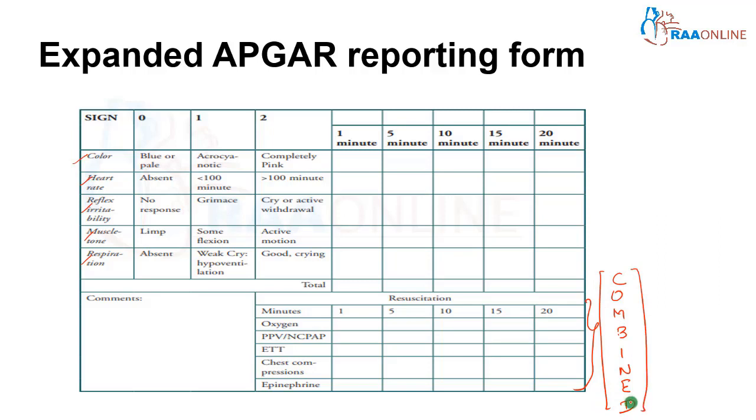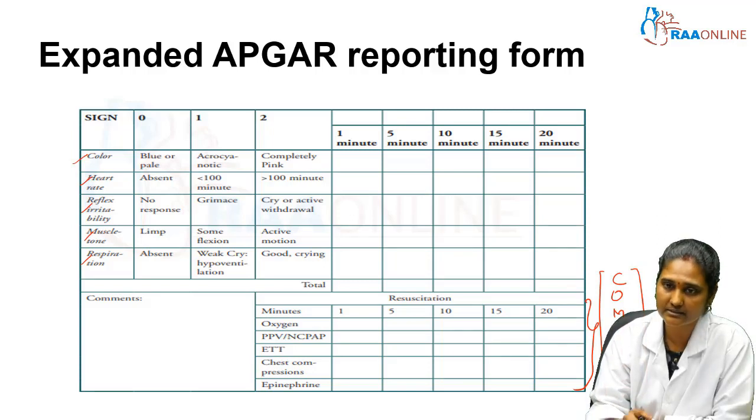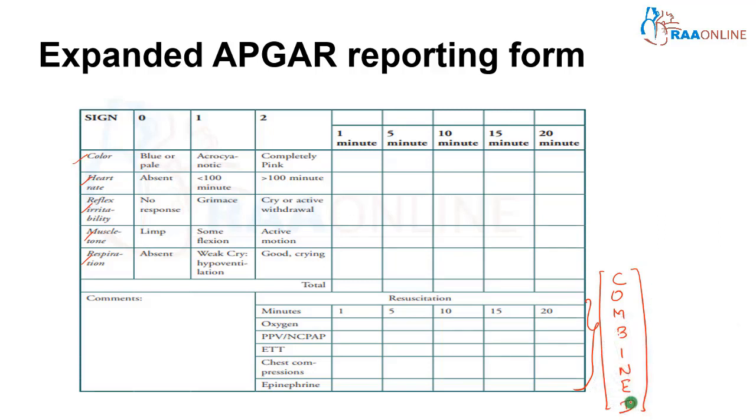The expanded Apgar is the numerical score and also the concurrent resuscitation that has been given. For example, if you are providing CPAP or oxygen through any mode, such as bag and mask ventilation, or if you are intubating the child, or giving neonatal chest compression,